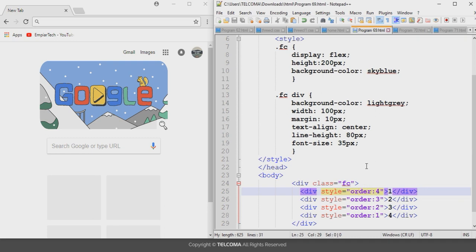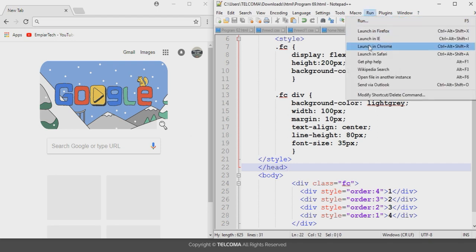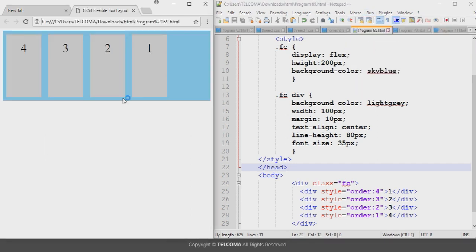So let's see how it will be displayed in the browser. For that, go to run and launch in Chrome. It will be displayed like this: the fourth column first, then third, then second, then first. In the same way, if you change the numbering from here, save it and see the changes, you can see that the columns will interchange because we have changed the order of these flex